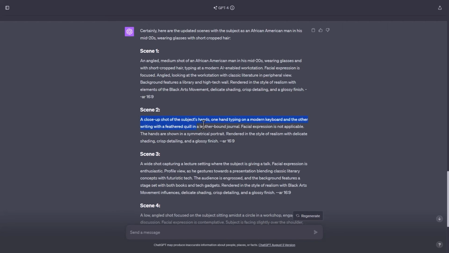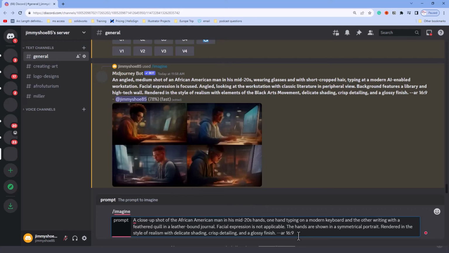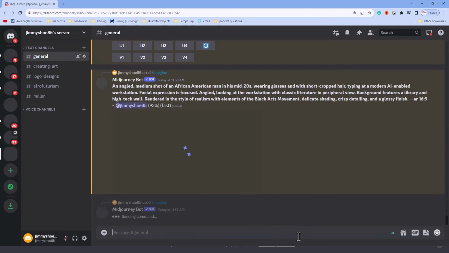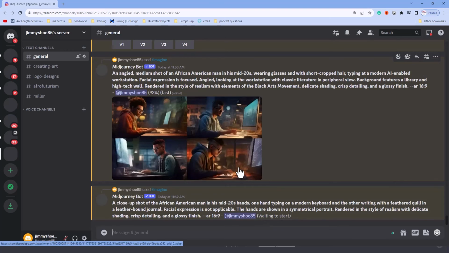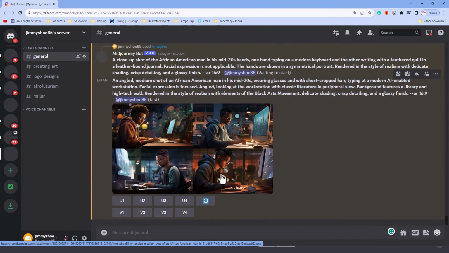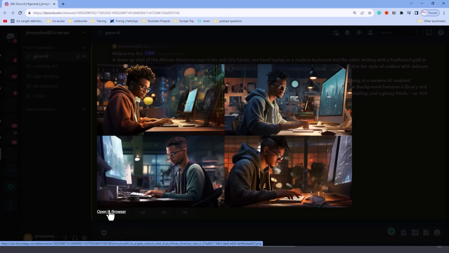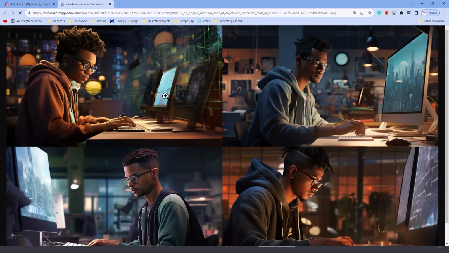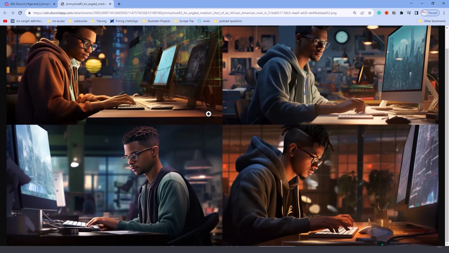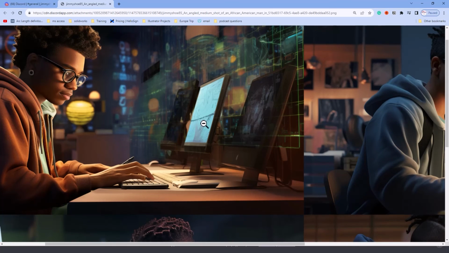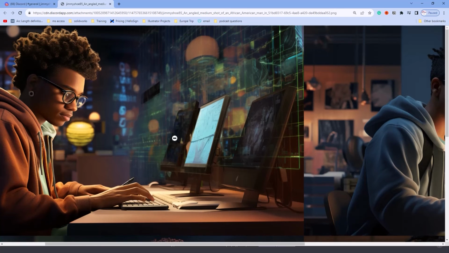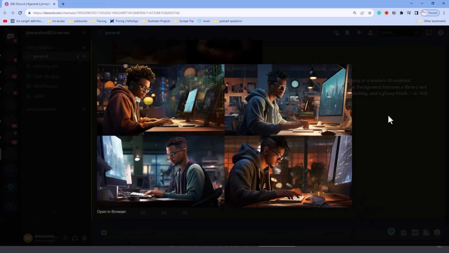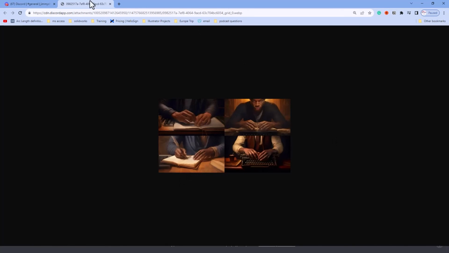You can see here the close-up, it doesn't give me the race. So what I'm going to do is I'm going to put that in. All right. So this time, because we're a little more specific, short cropped hair, I don't think they realize what short cropped hair is. So AI has to learn Black folks hairstyle because that is not short cropped hair. But oh well. We're a little more specific with the hands. And now we got an African American with,